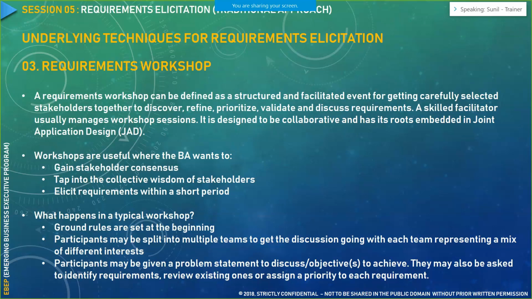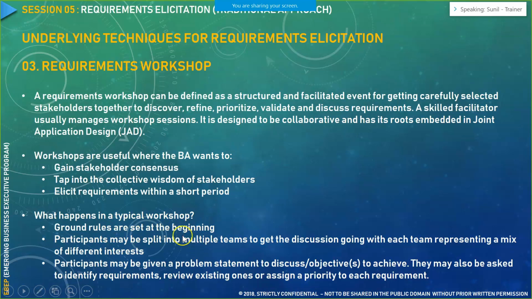So you conduct a requirement workshop session wherein you explain the requirement end to end to the development team, the quality assurance team, and the project manager. Based on your walkthrough of the requirement, they give their suggestions, and that is where you gain their agreement on a particular design aspect. So these are some of the ground things that happen in a typical workshop.